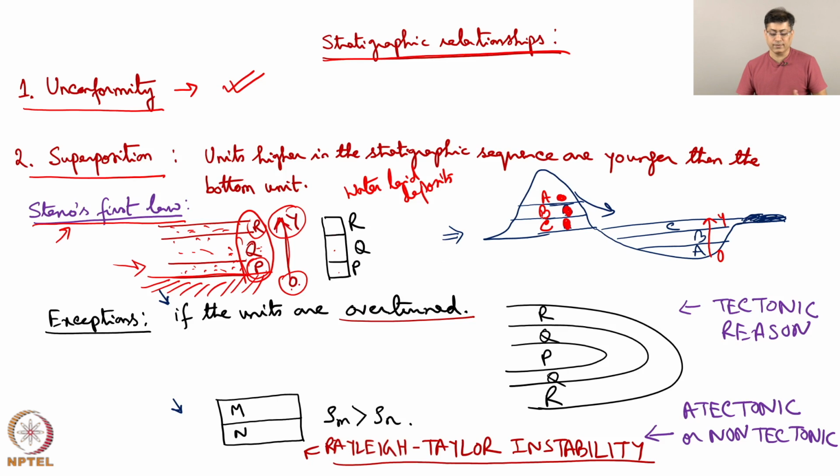As a consequence of Steno's first law, think of a hill and a nearby depression. If I am getting a succession A followed by B followed by C, that means in the hill that got eroded, from where the sediments came, if at all we can establish it, which is now an eroded hill, the layer which was at the bottommost has to be in the topmost position, because this is going to be eroded first, then layer B and then layer C. This is a simplified model.